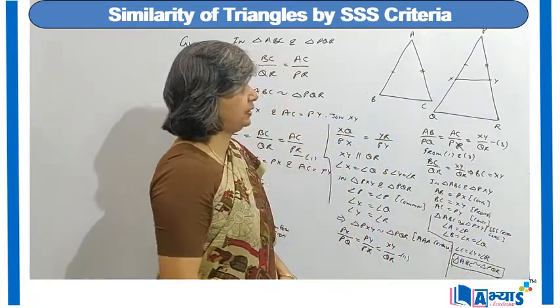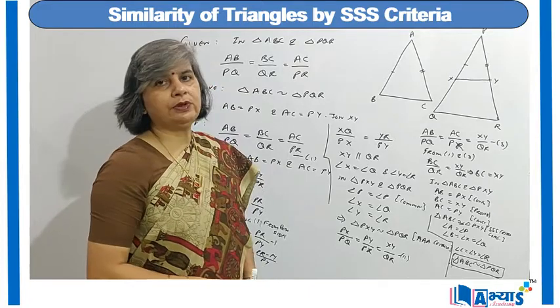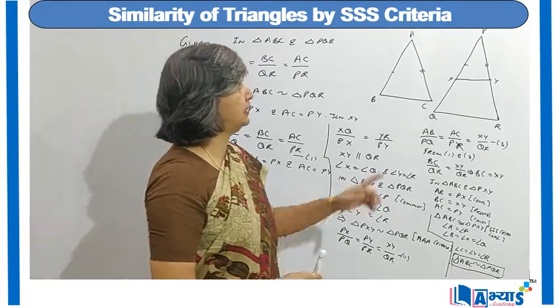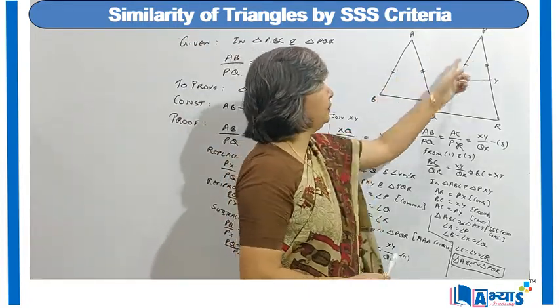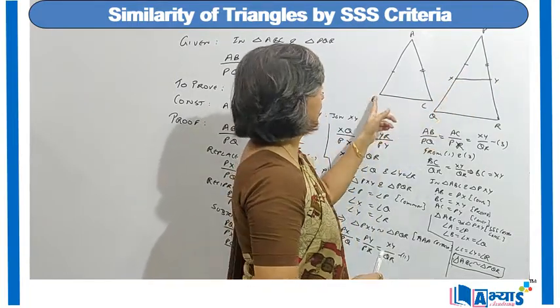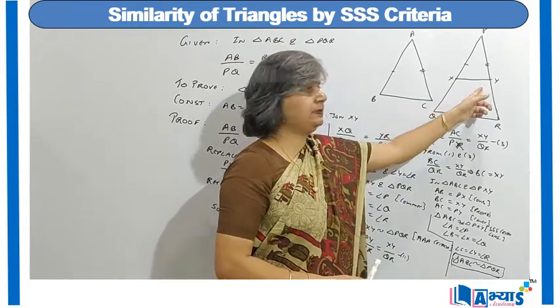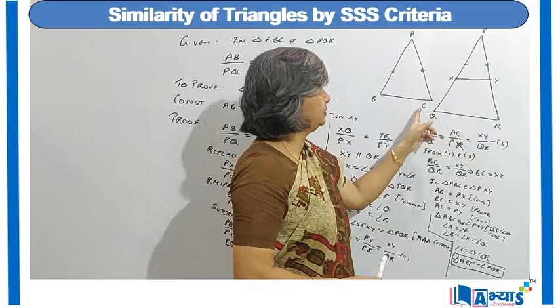So by SSS criteria of congruence, we have shown that triangle ABC is congruent to PXY. So we can say that angle A is equal to angle P, angle B is equal to angle X, but angle X is equal to angle Q, so angle B is equal to angle Q. Similarly, angle C is equal to angle Y, CPCT, but Y is equal to R, so